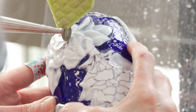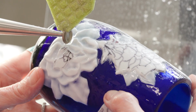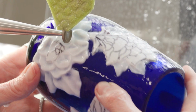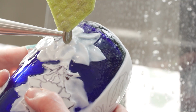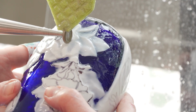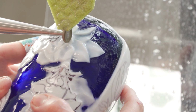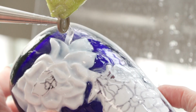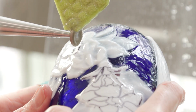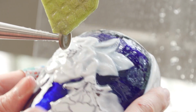Always amazing how moving just the slightest little bit of glass can make a big difference in how it reads. I'm going to need something smaller still to get down in there, but